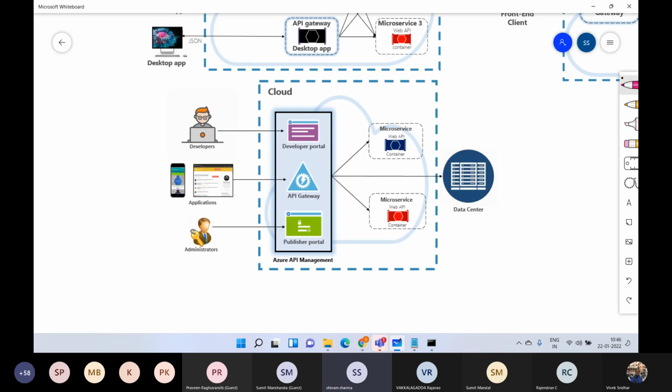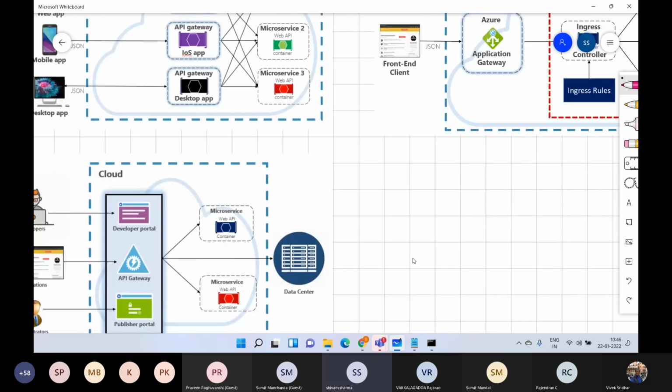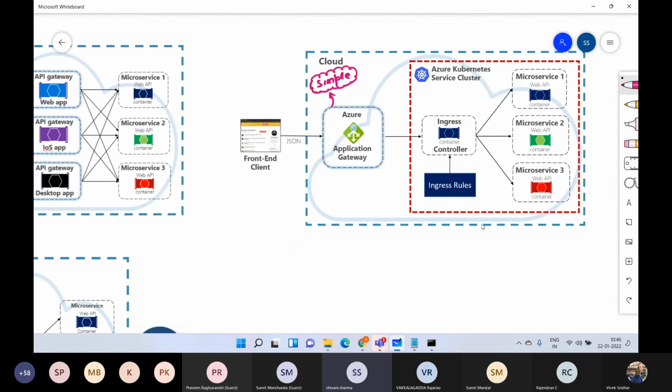Now, what we will be doing today is creating the ingress controller like that, and we will be using the application gateway